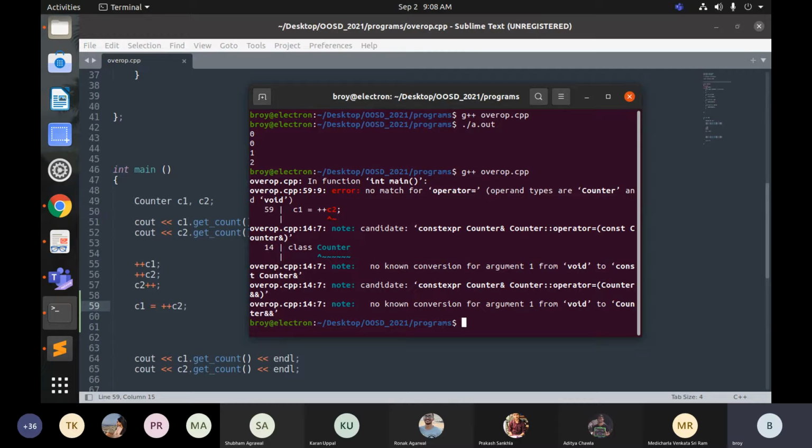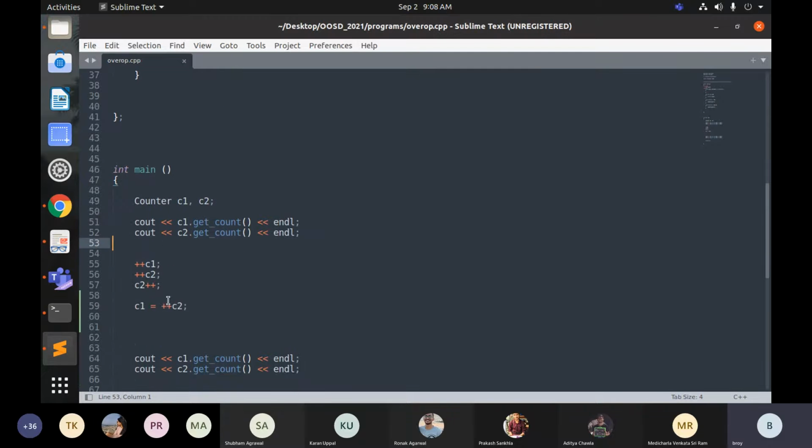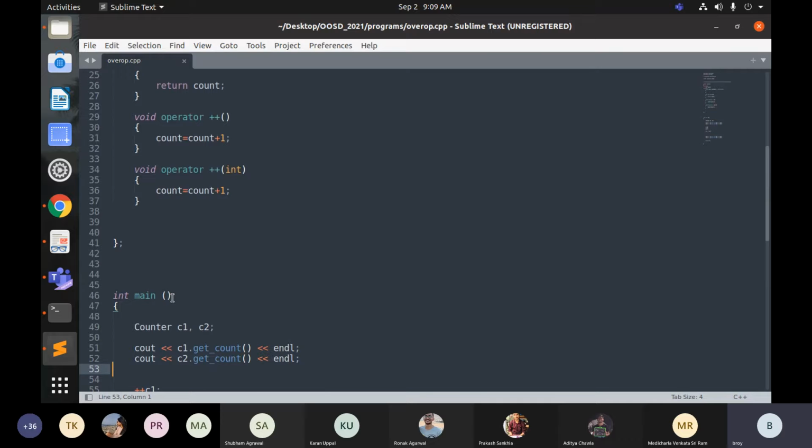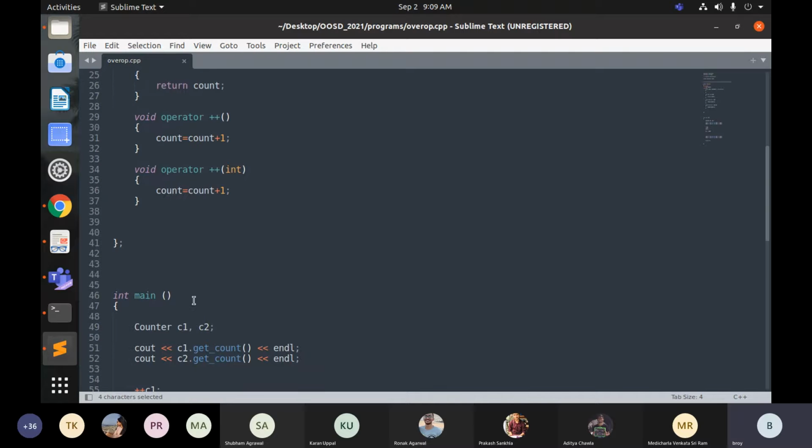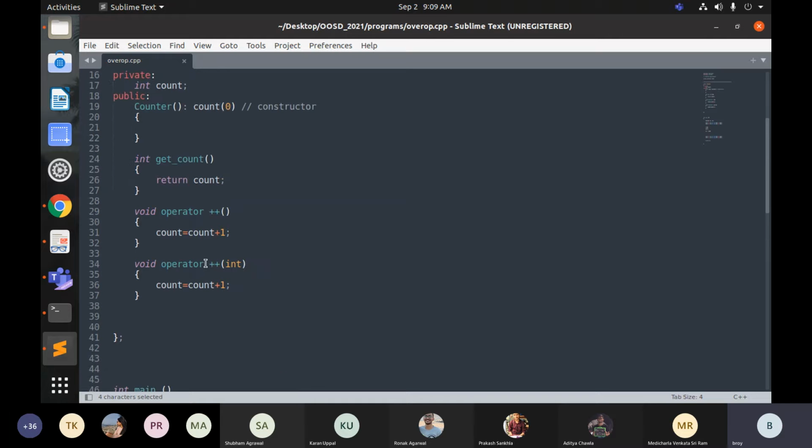So basically, this requires a return value, right? If we do something like this, then we need a value that is being returned. Here these functions are void. This is not possible in a straightforward manner. So what we can do is,